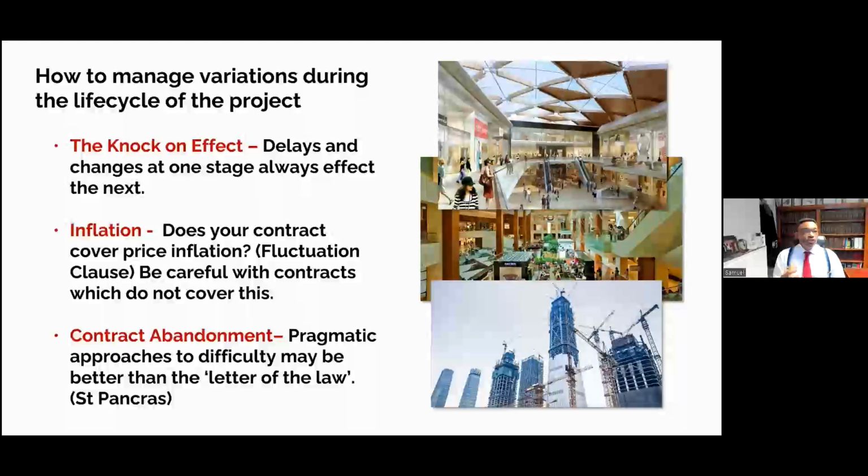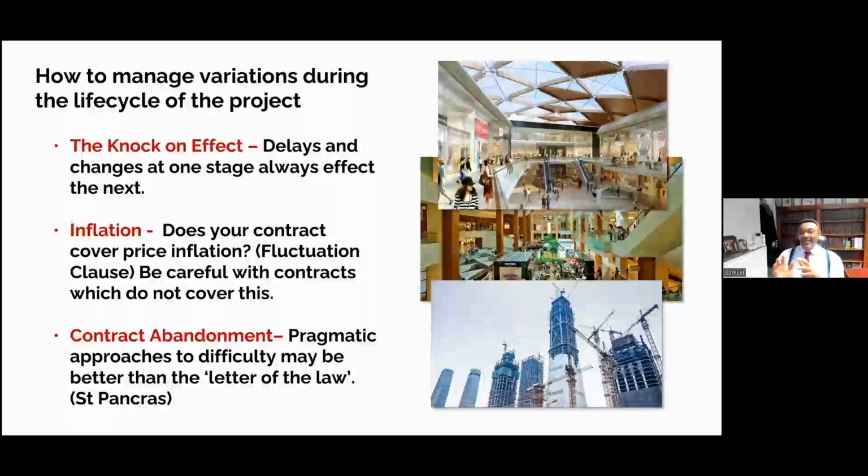Now, but what you must do with variations is recognize that dealing with them has to be contemporaneous. So issues arise on a project, and when they do arise, you have to rise to them at the same time. The biggest difficulty that one experiences is when a variation arises, and in the stampede to try and complete the project, both the employer, the architect, project manager, and the contractor, the objective is get it done first and we worry about it later.